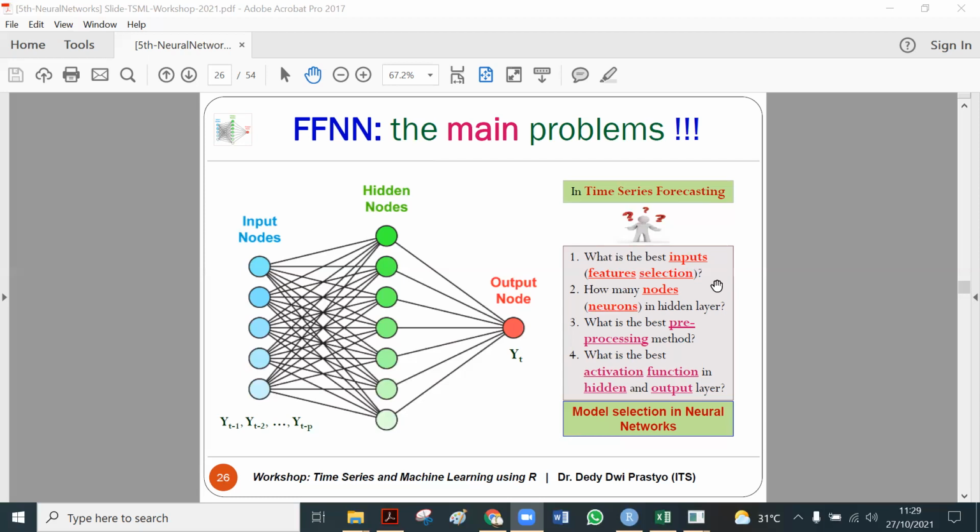Let's say we have 2 neurons, then 5 neurons, 10 neurons, 15 neurons, and then we see the output, whether it leads to overfitting, or to a constant, or the other way around, and then we can stop at a certain number of neurons.